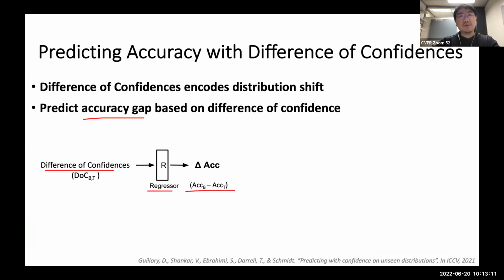This is difference of confidence, and some other methods use feature distance. So we can't give you a definite answer yet. The reason is that I think the community is yet to have a benchmark on this problem. So these papers are not directly comparable, though the methods make a lot of sense, the results are not directly comparable. So I think it's important for the community to build a benchmark to really fairly compare methods.